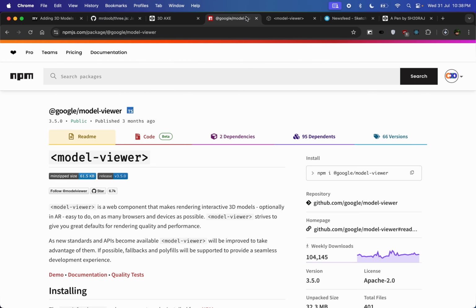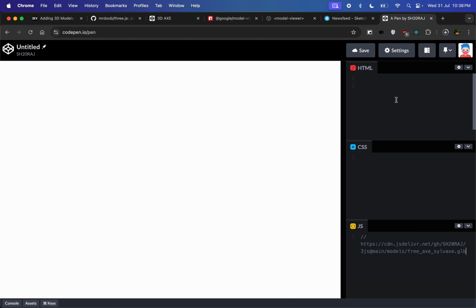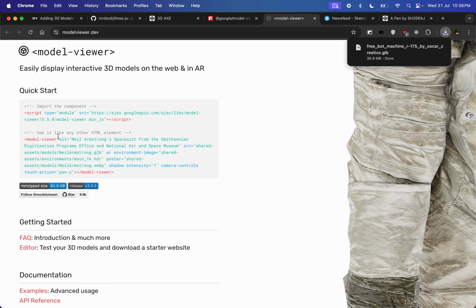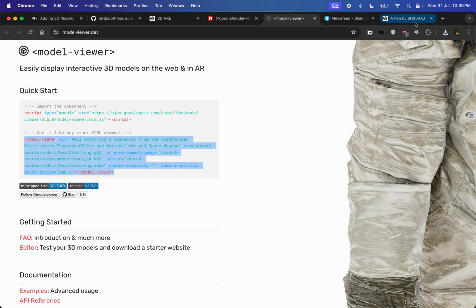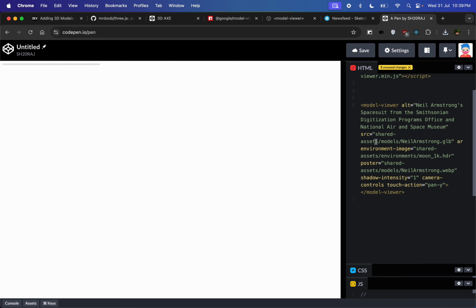And let's go to this, and let's copy the CDN here and paste the CDN here. And after pasting the CDN, you can use any of the websites. Let's copy the model viewer and paste it here. And if you hosted your model in your repository, then you can give a relative path, but we have to give an absolute path. Let's remove poster for now,